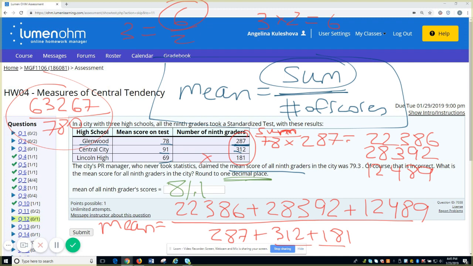In other words, if you try to just average the means as they are, you're not accounting for the different sample space of each high school. You're assuming that each of these means are coming from the same total number of kids. But anyway, so this is the correct